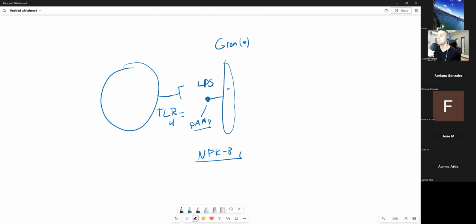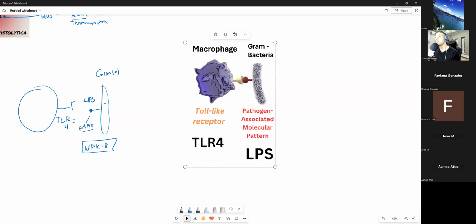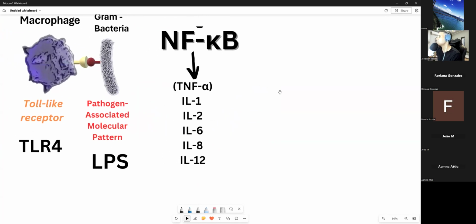So why am I telling you this? NF-kappa B is an immune modulator. NF-kappa B is responsible for releasing certain types of cytokines, like tumor necrosis factor alpha, IL-1, IL-2. Let me give you this list so you can all make sense of it, and a little drawing, because my drawings are not the best. Macrophages engage with the gram negative. After this reaction happens, you release a lot of NF-kappa B, an immune modulator that releases these cytokines. So technically speaking, if we look at E. coli,